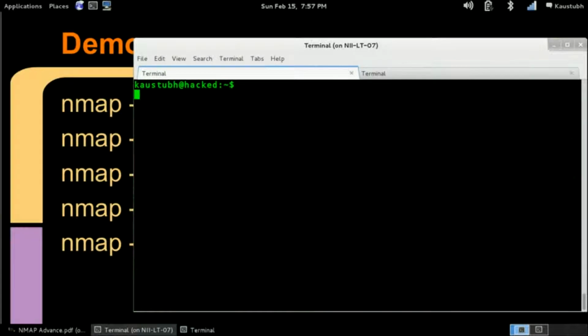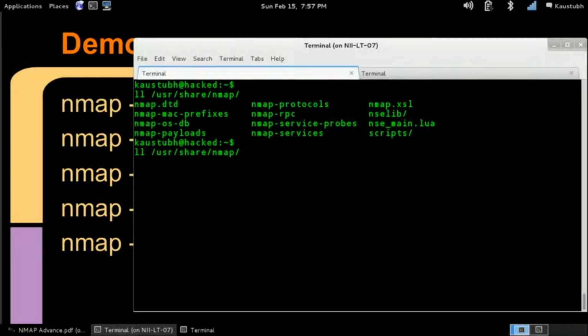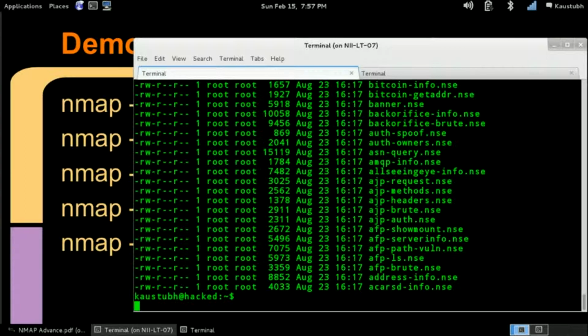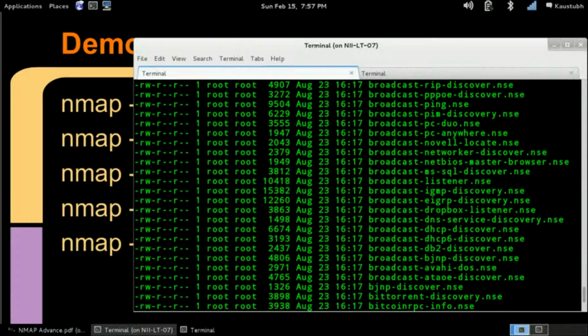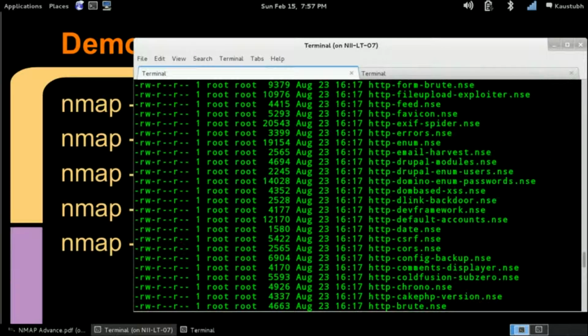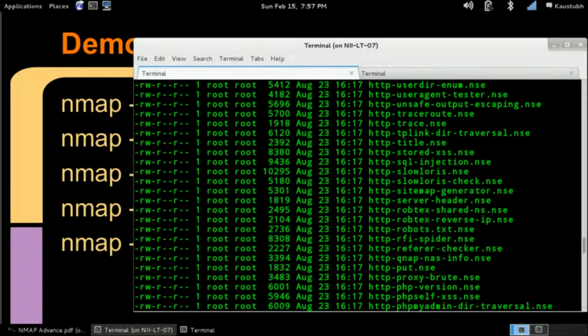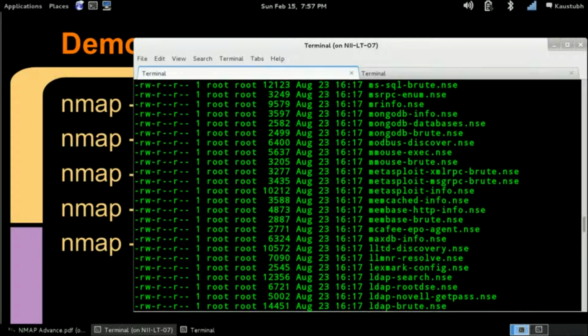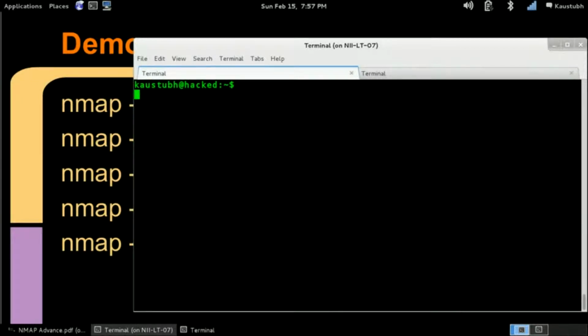So you can see the list of nmap scripts here in usr share nmap. In nmap I think it's scripts. Here 470 scripts are currently present on my system. These are all very powerful, very awesome and superb scripts. Please make sure you go through this nmap scripting engine. It's very powerful. You can see Metasploit info, McAfee EPO agent. There are too many scripts and too many awesome scripts there. So nmap is overall a cool tool.